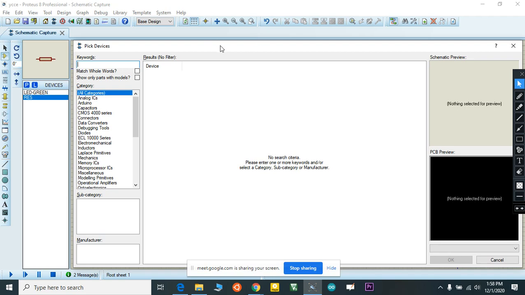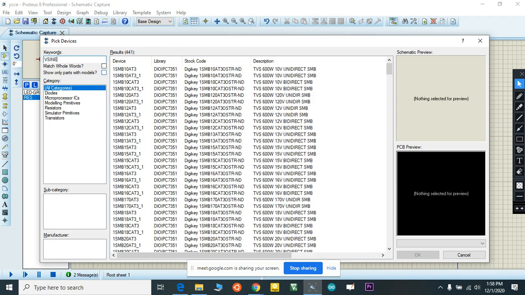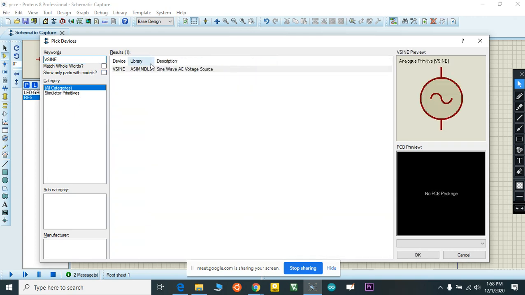I need a sine wave, I mean a 230 volt sine generator. V sine, okay.